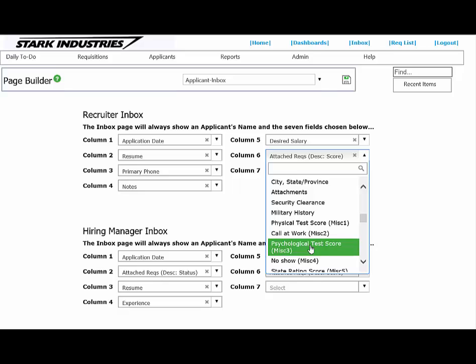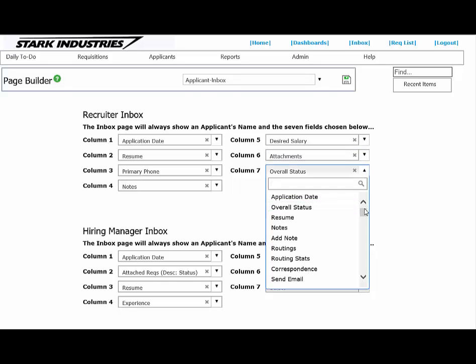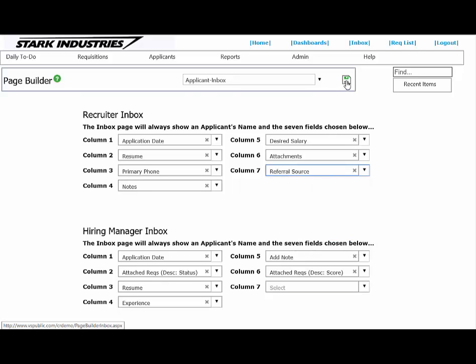For instance, I have the psychological test score. This is a miscellaneous field that I've created, and I can choose to display it as part of the inbox if I want to. But for this demonstration, I'm going to pick attachments, and then in column 7, instead of overall status, I'm going to choose my referral source. Once I hit the save icon,